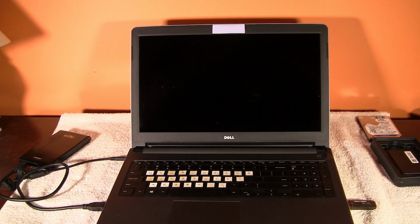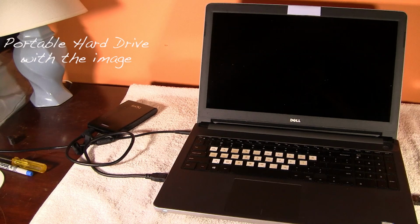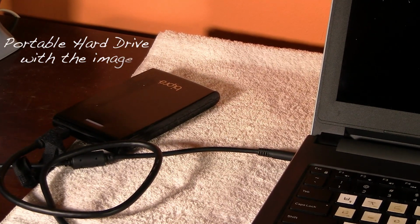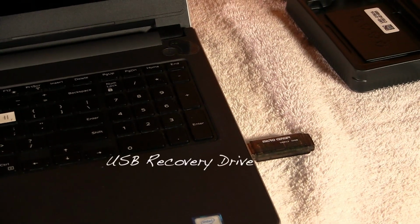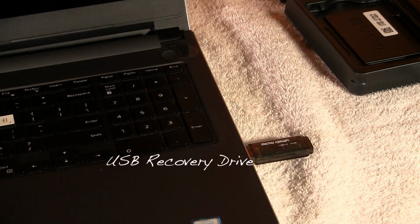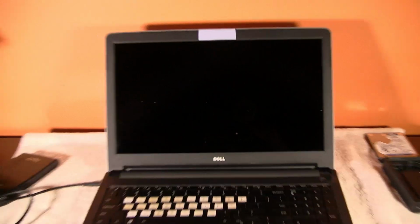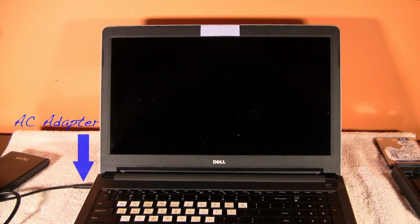So here I am. This is what I've got. I have the hard drive over there that I made earlier. It is plugged in just right there. That's got the image on it. I have put the flash drive that I made the recovery disk on right here, and that's on the side. And so let's turn this thing on and see what happens. Okay. If you notice, I also plugged in the AC adapter because I don't know how much battery life is